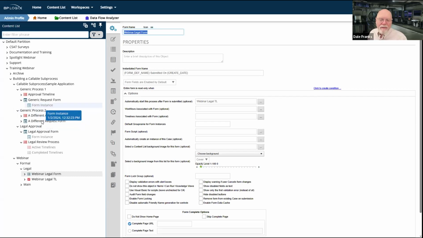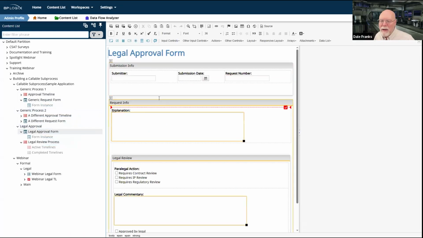I've got to have it set up so that when somebody submits it, they provide me with the submitter, the submission date, the request number, the explanation that they provide. All of that stuff has to be provided from scratch if I'm running it as a legal approval form.